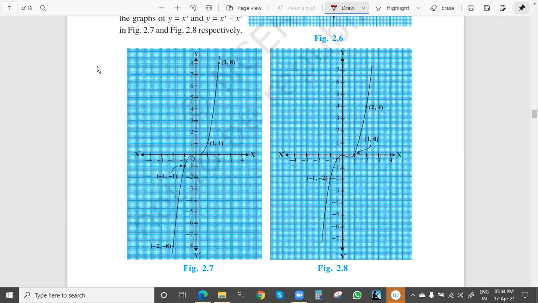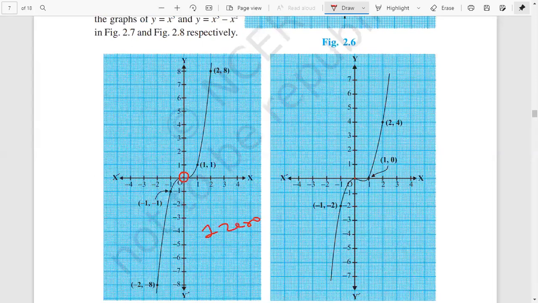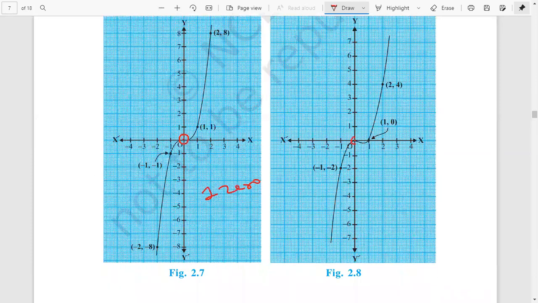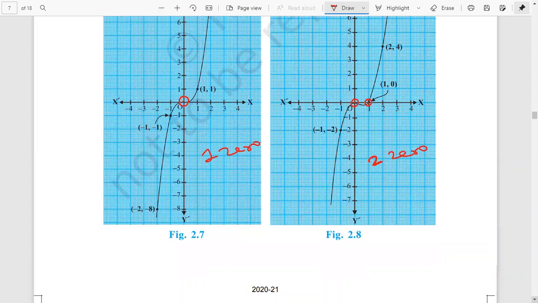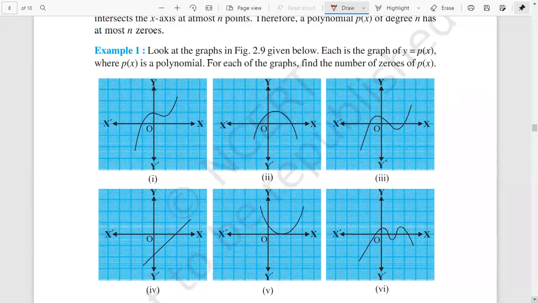So see, we can solve now. So this graph is meeting, or we can say cutting or intersecting the axis at only one point. This is the only one point, no other point. So 1, 0. Here we can easily observe that this graph will be cutting or meeting the x-axis at 2 points, 1 and 2. So 2, 0. From the graph only, every time we have to write 1, 0 and then 2, 0. Correct. From the graph only we can write. So 1 and 2 are the right answer.